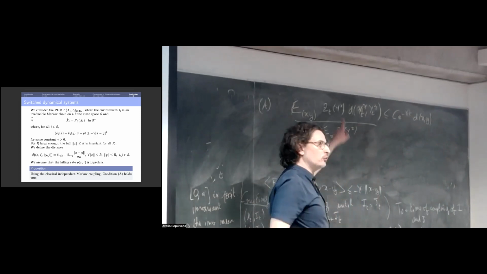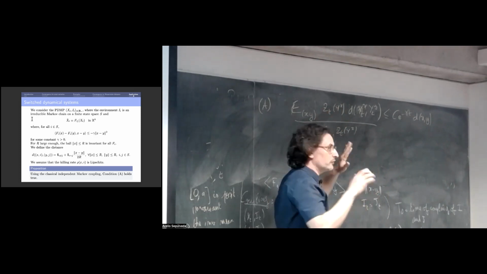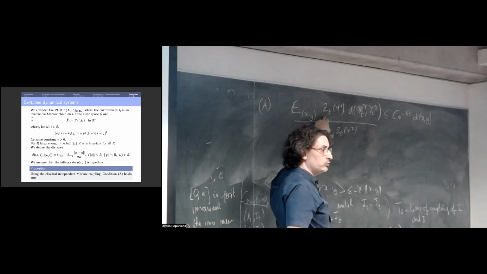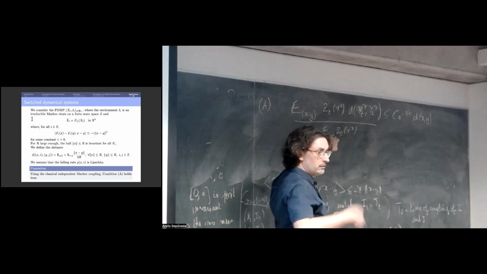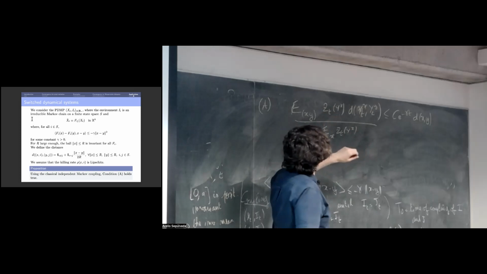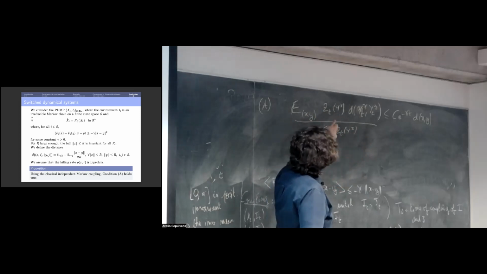If you want to make coarse bounds for that, then you can bound this by e to the minus infimum of rho, and this by the supremum. And so this gives a bound, and this condition is, of course,